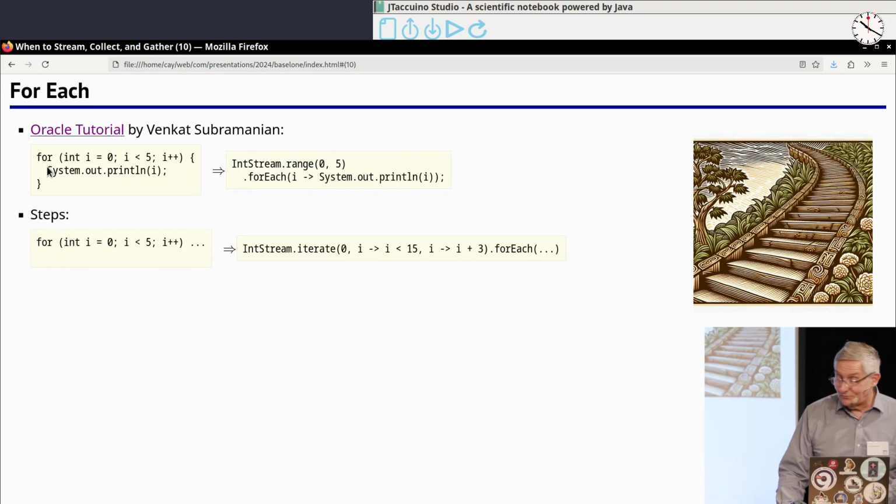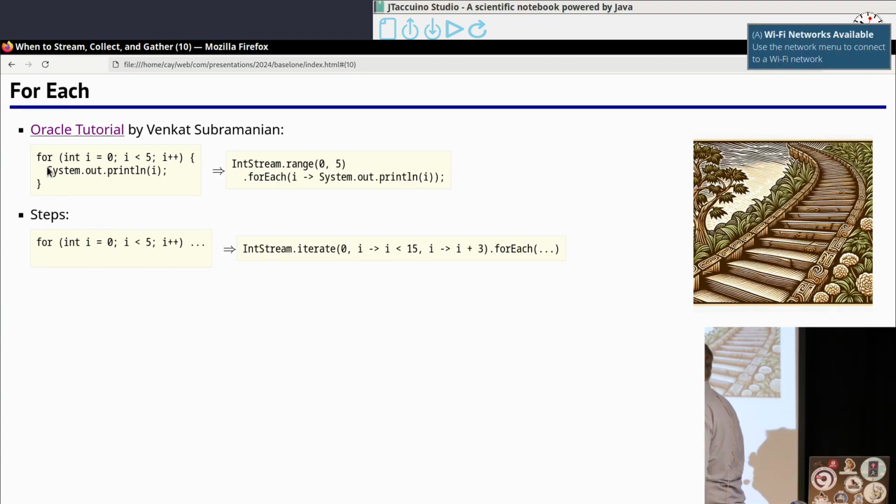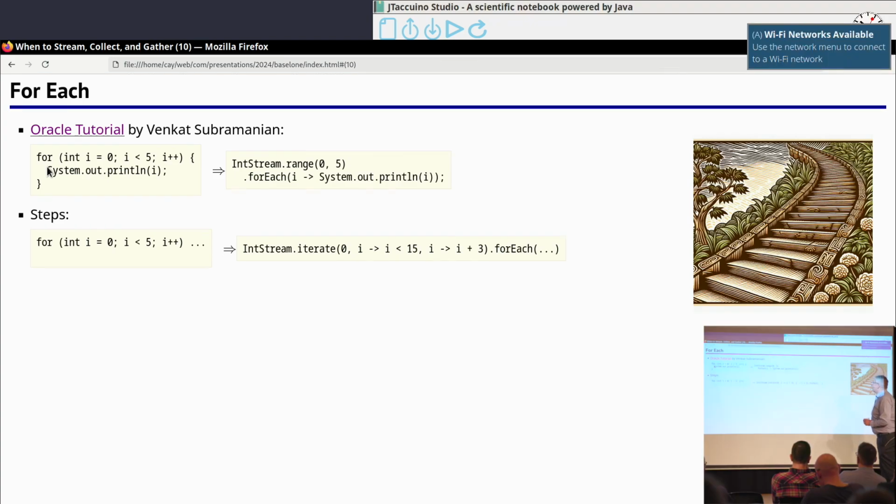And then he says, well, but what if you have, oops, I messed up the slide. There should be a plus equals 3 here. What if you have a plus equals 3 here? Then he says, well, then range doesn't work, but you can use IntStream.iterate and generate the loop that way. Imagine that I had a 15 here and a plus equals 3 here. That's the copy and paste there. And so he says, with these more complicated loops, just use iterate and forEach.